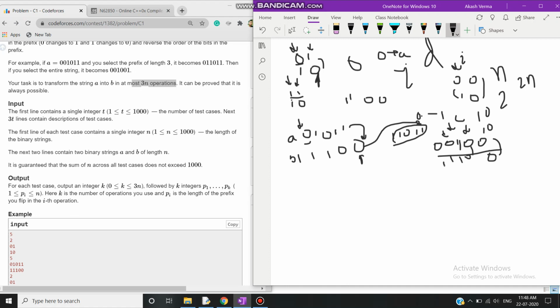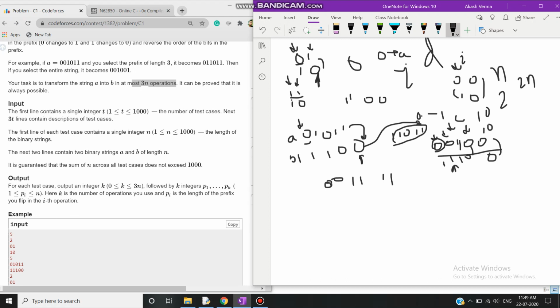So you have to check the 0th bit first: this is 0 and the ith bit of B is 1, so these two bits are different. So what you have to do in this case is nothing, meaning you don't flip this bit. You just simply take a prefix of length i, 0 0, flip it and reverse it.